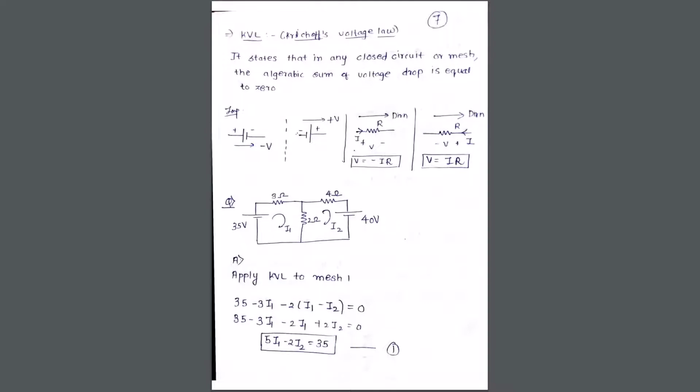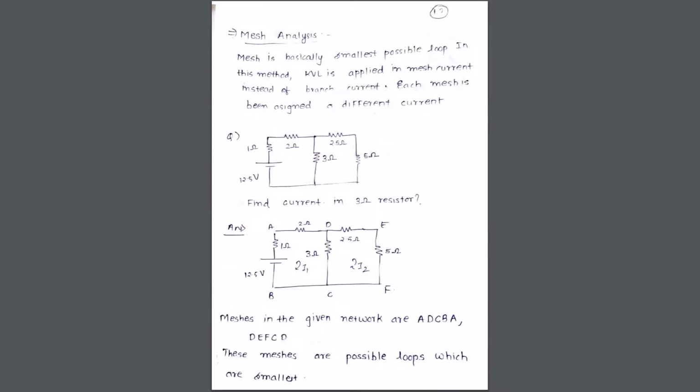If you move in a direction through a voltage source, crossing it and ending up at the negative terminal of the voltage source, we assume that is minus V. And if we are moving towards the positive terminal of a voltage source, it's going to be plus V. Again, if I am moving in the same direction as my current, my voltage drop across the resistor is going to be minus I into R. But if my direction is opposite to the direction of my current, my voltage drop across the resistor is going to be plus I into R. So please remember these 4 rules on the basis of which we will be learning the mesh analysis concept.